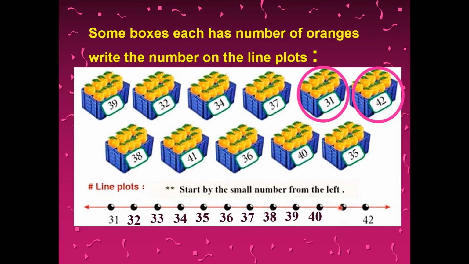40 and 41. But we can note here, juniors, we didn't have a box containing the number 33, but we must write the number 33 here because we put numbers in order. So after 32 comes 33, even if we don't have a box that includes 33 oranges. Okay,